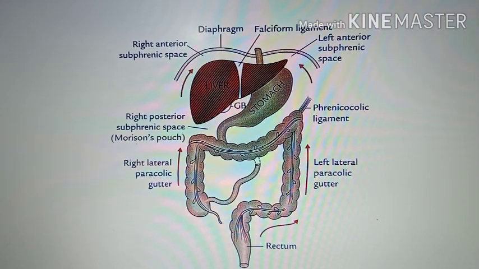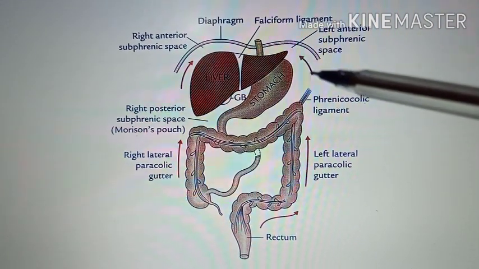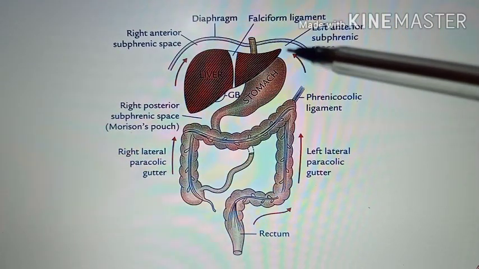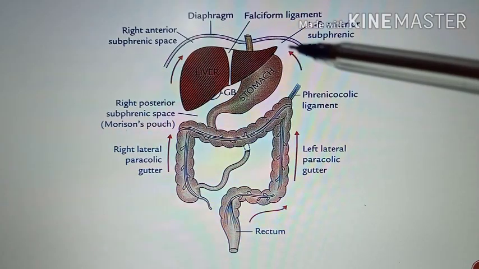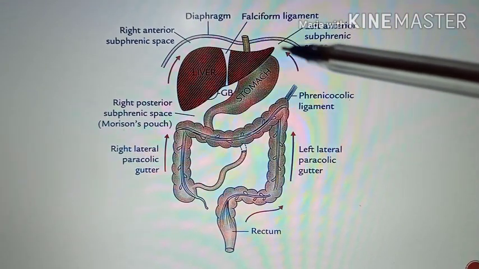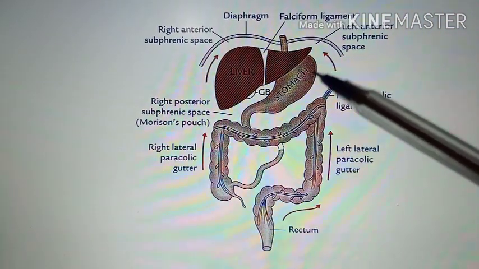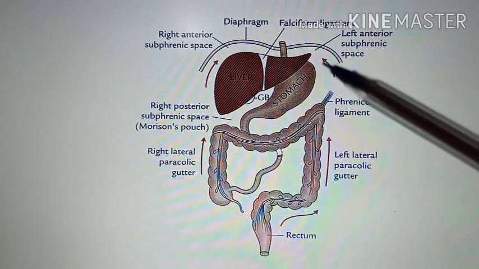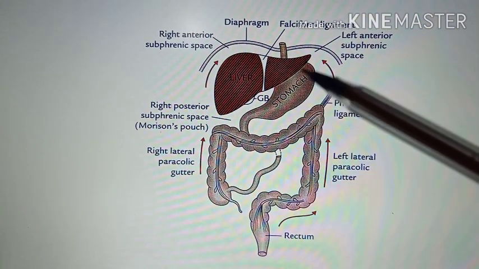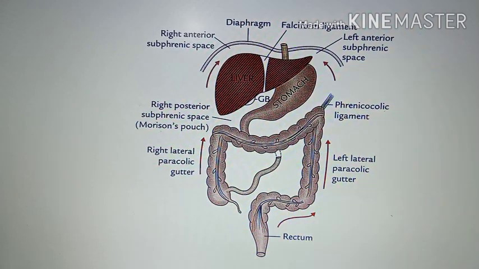The 4 intraperitoneal recesses are, first, the left anterior intraperitoneal recess. It is also called the left subphrenic space, or the left suprahepatic recess. The left anterior intraperitoneal recess lies between the left lobe of liver and diaphragm, in front of the left triangular